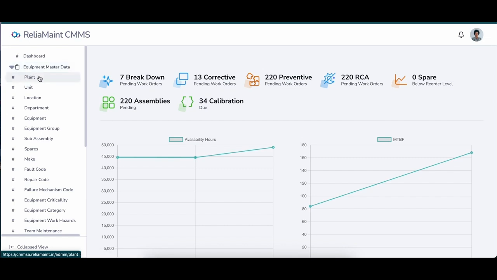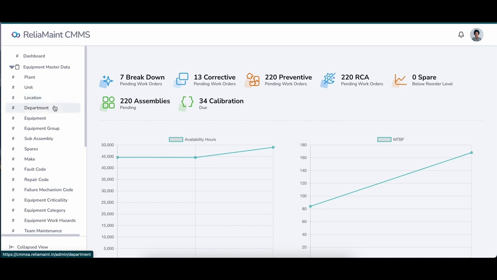Starting with the plant, which is the highest hierarchy within that organization. Under plant, there are supposed to be some units. Further, we can have some location. So for units or plant or department or even at equipment level, we can assign the location.